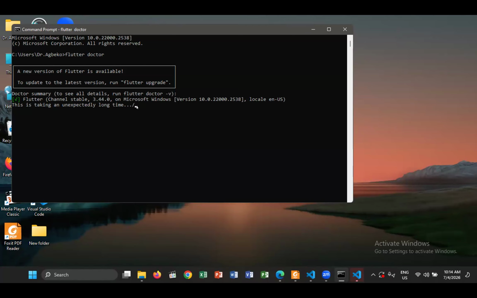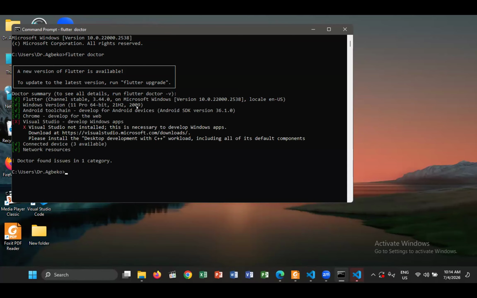So it's checking my tools for me. Just relax, it is showing. The machine is slow, so it will take some time, but it will come.